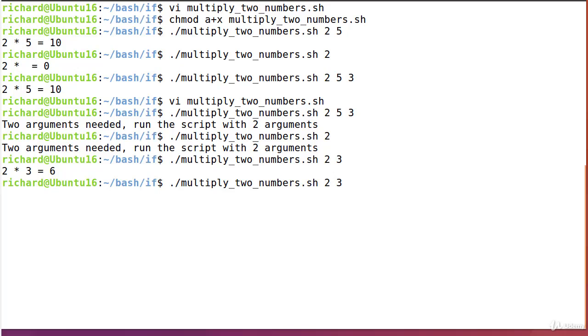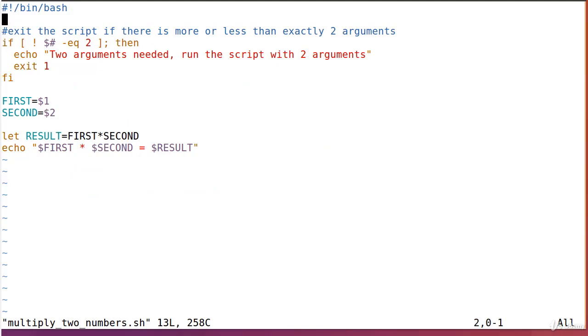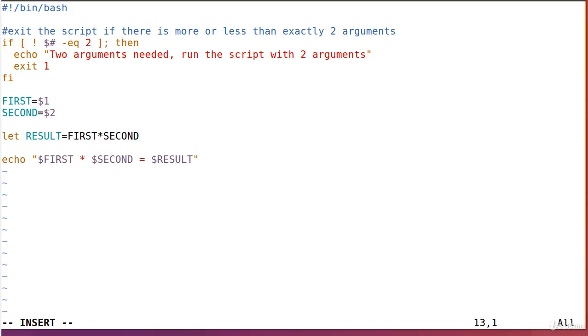But what happens if one argument is some string word instead of a number? We see strange output. But we can get rid of it using exit status. Let's make some change in the script. We can display the exit status of the let command. The exit status of the previous command can be displayed using $?. So just write echo